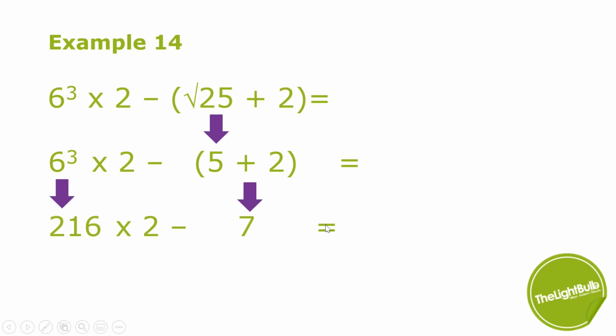And so when I rewrite it on the line beneath, I've now got 216 times 2 minus 7. Out of these two, multiply is of course next. So 216 times 2 is 432. Subtract the 7 gives us an answer of 425. Okay. Hopefully that's clear. If not, then just do feel free to have another look back through that one. And then one more example that we'll walk through together before I give you a couple to just think about. So, example 15,